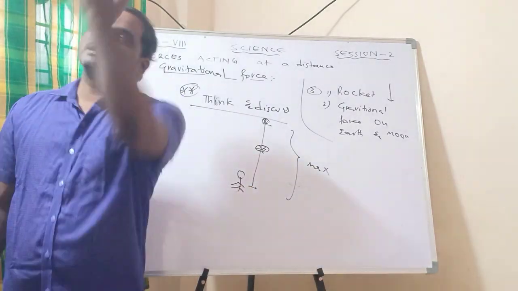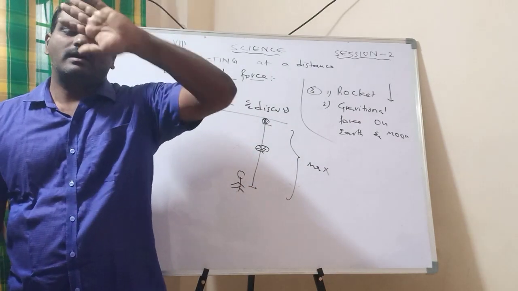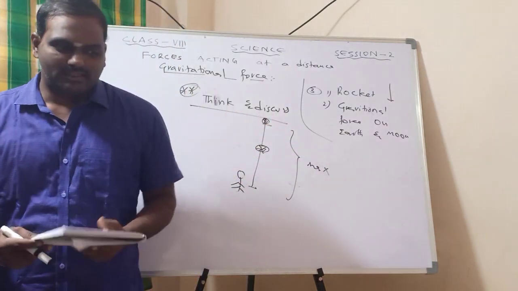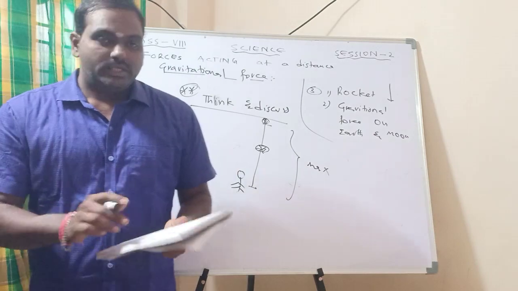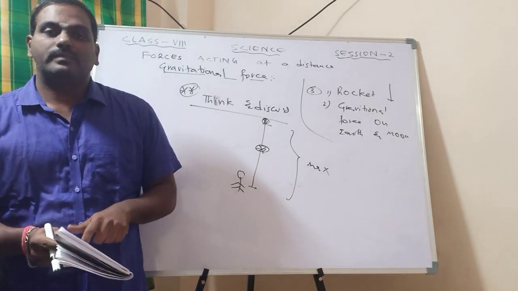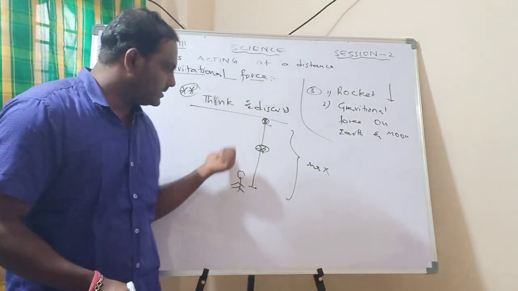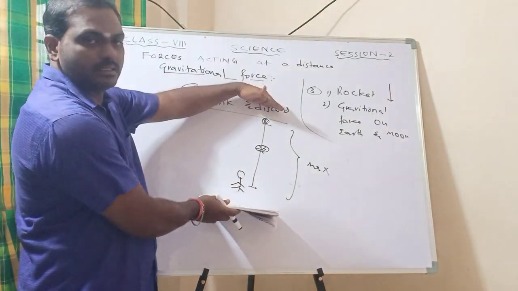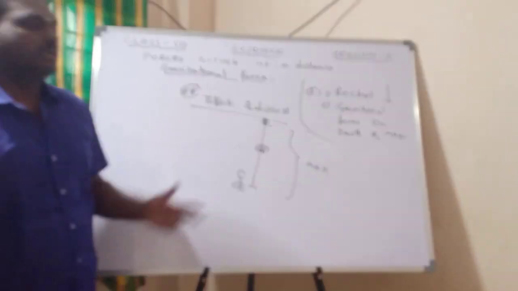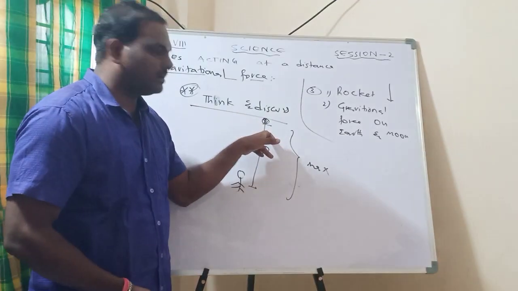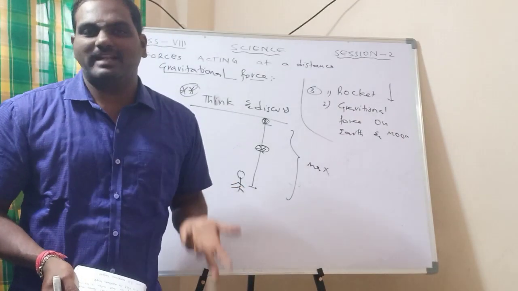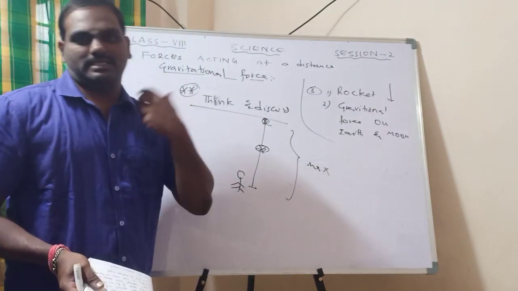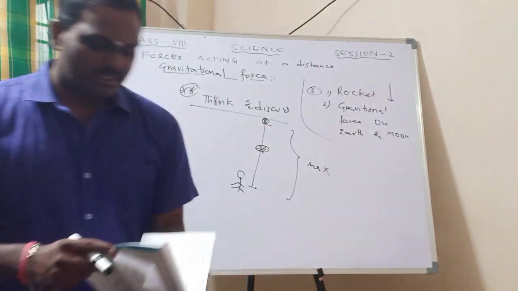So for any object thrown, automatically one force will act upon it. What is that force? Gravitational force. Okay. So in your notes you have to mention this and write this answer. And this is the picture to understand. You are throwing a ball, and this is called the maximum height, and half of this is called half the maximum height. Even at this point, only the gravitational force will act, because it is trying to pull the ball towards it. Okay. Next, I'll go for the next one.